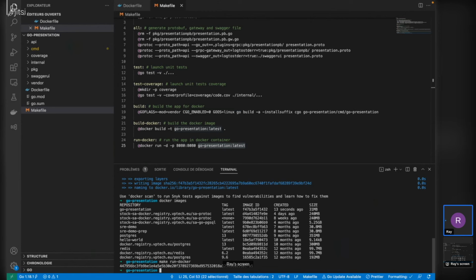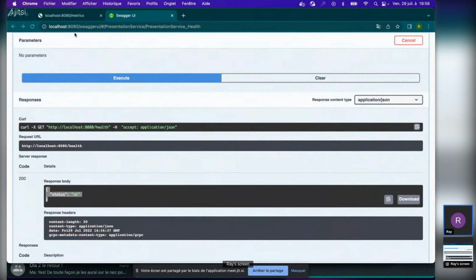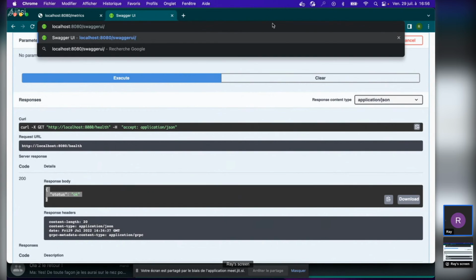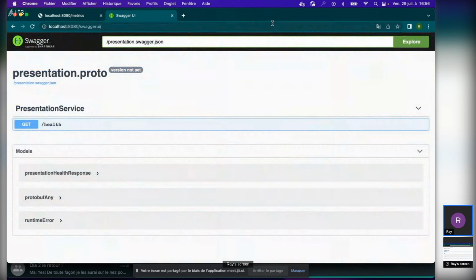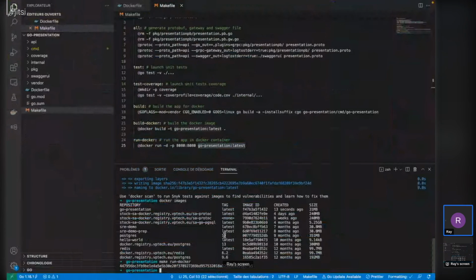So normally my application is running in a Docker container. So let's test if it's working fine. If I go on localhost 8080 Swagger, you can see that I have access to my application, which is not running locally, because you can see that I did not use the command make run to run it locally, but I ran it in a Docker container.